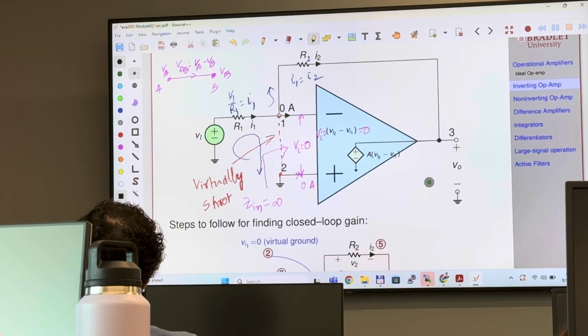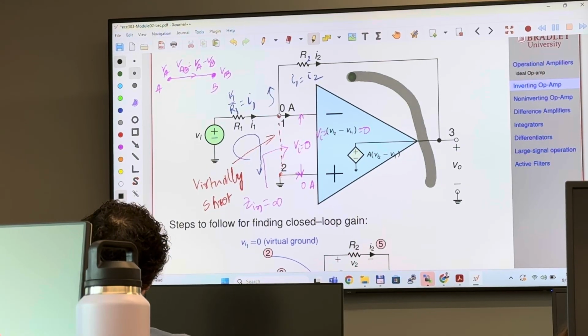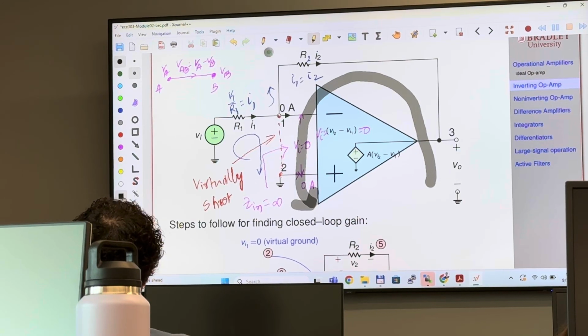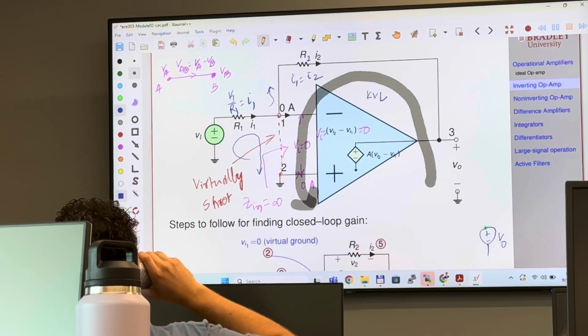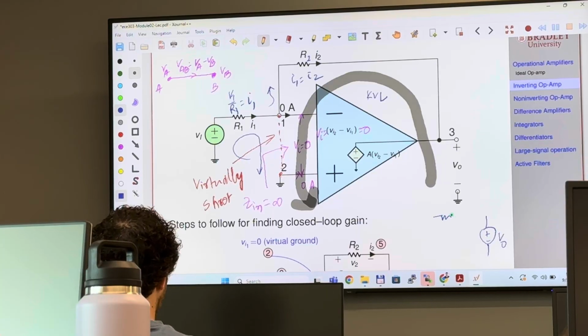Apply KVL here. So you can just think of this as a voltage source here, V naught, and then you have